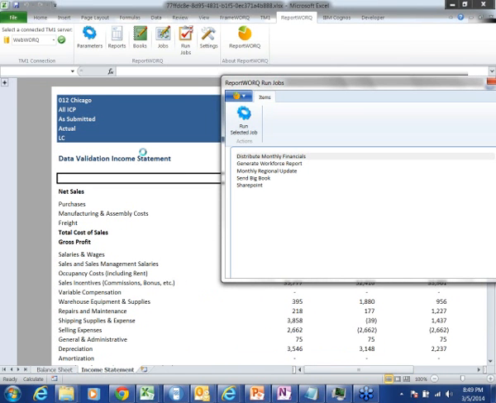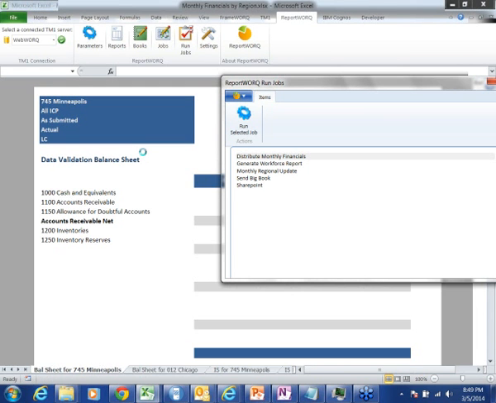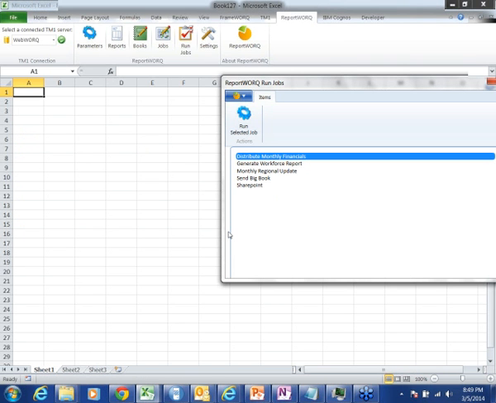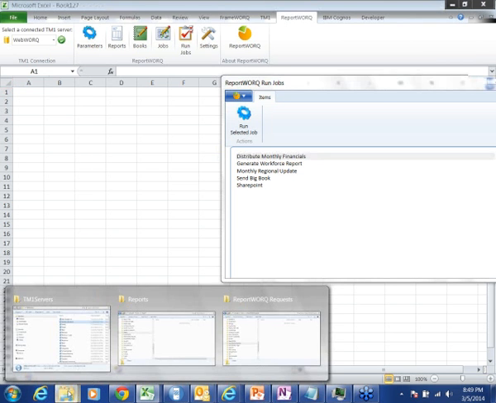And you can see it's changing it across my entities. So in this particular case, my organization, we have offices all over the United States and all over the world. And what this job has done is it's now set up and published my income statement and balance sheet, and I think you may have seen it for my Minneapolis and my Chicago division. Now, where did those go? Well, in this particular case, this job has done 2 things. The first thing it's done